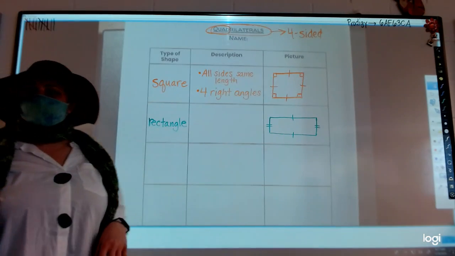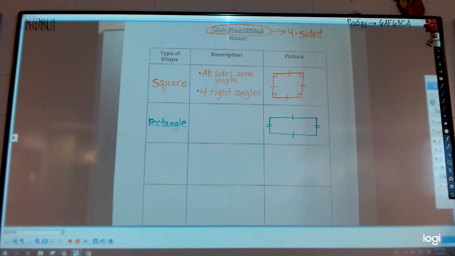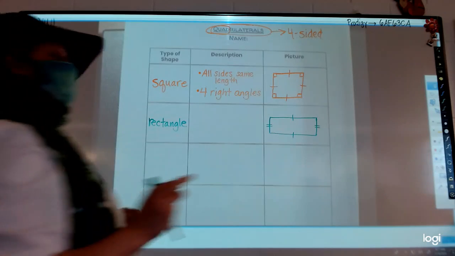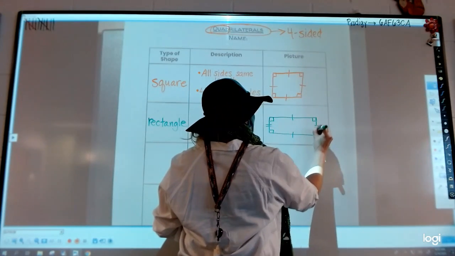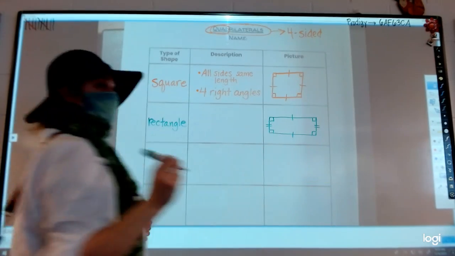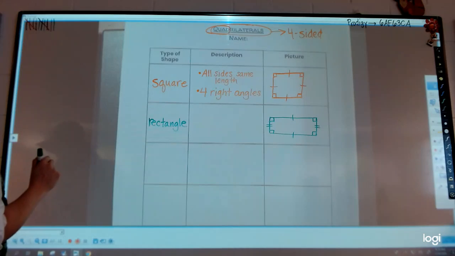All right, what do you think about the corners of a rectangle? Do they have to be a certain angle? Hayden, what do you think? Right angle. So let's put our right angle symbols in all our corners. Rectangles all have right angles, just like a square. So then the definition,